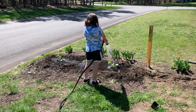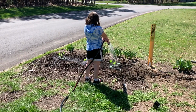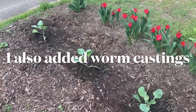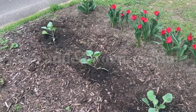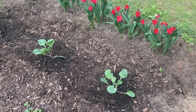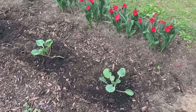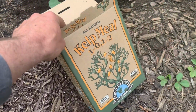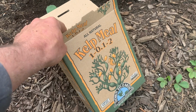First amendment that we're going to add from the onset is bone meal. It takes a long time for that stuff to break down, so you want to get that stuff in early, have your child water this stuff in. Wait about a week, make sure that you get through the frost, make sure your plants are taking hold, make sure they're growing, and when that process is ready, now you can add in some of the more expensive amendments